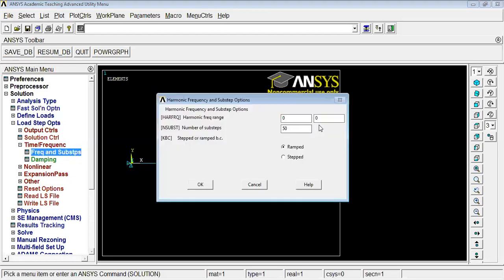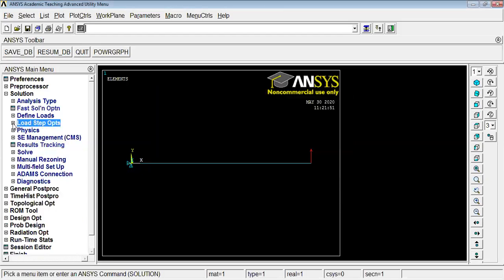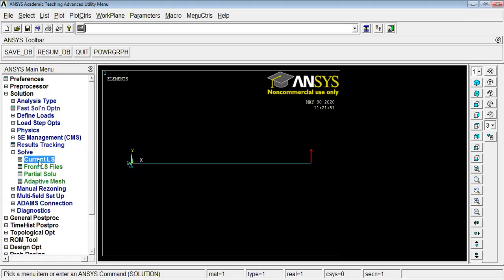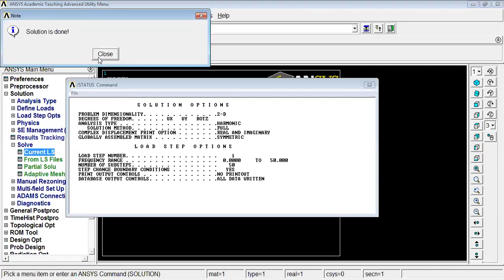So we have to choose the harmonic frequency range from say 0 to 50 or 0 to 100, and number of substeps as 50. So it is a stepped loading condition. Say OK. And for this, we have the solution, solve current load step. Say OK. Close.